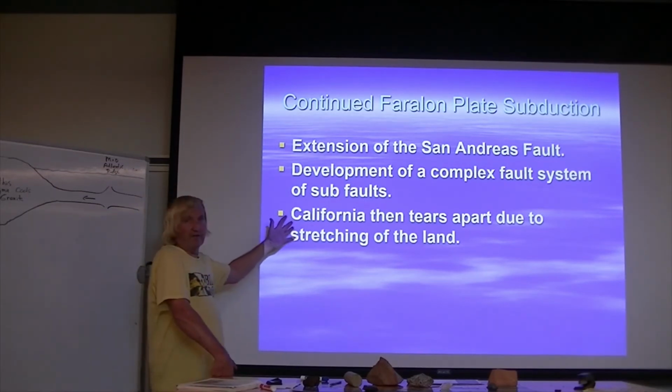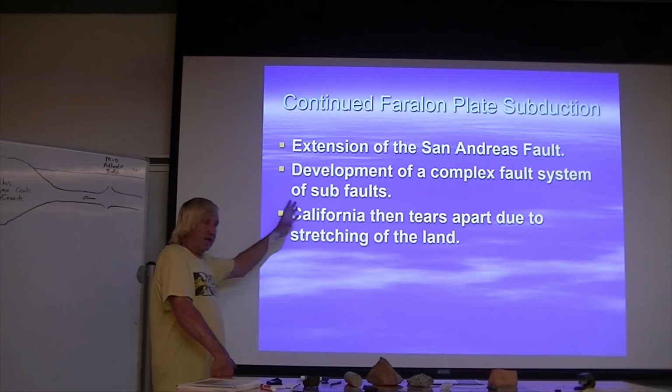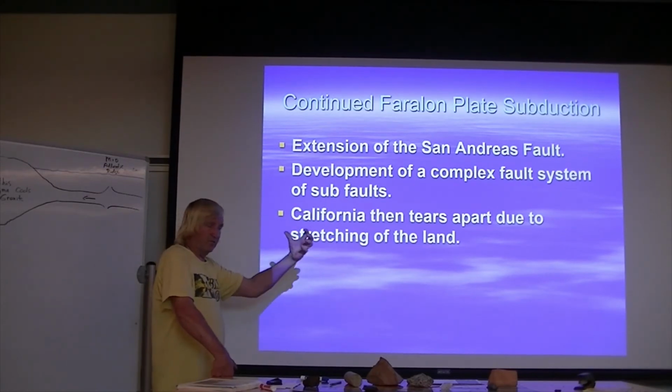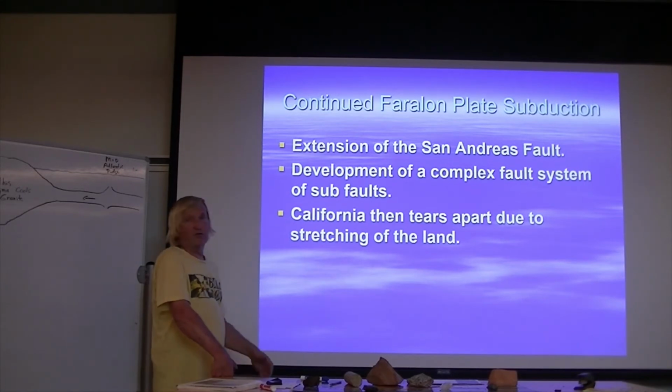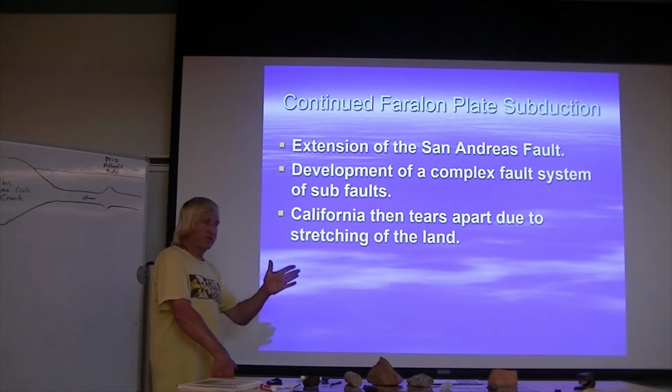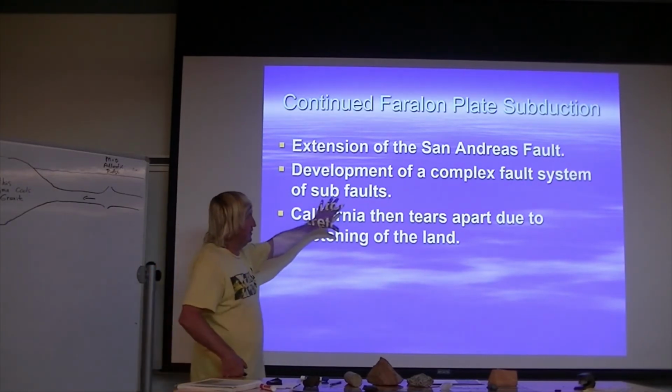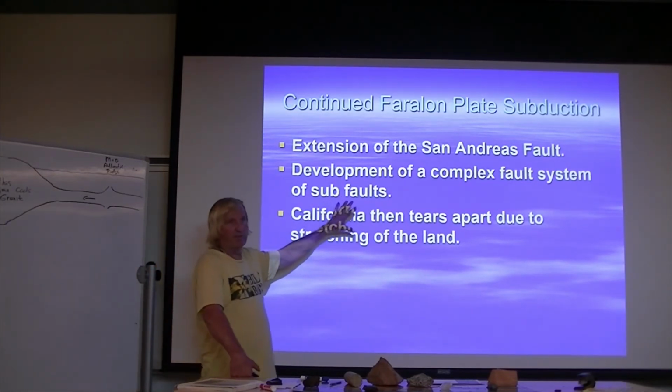So what's going on right now? As the North American continent continues to move west, the San Andreas Fault is going to grow to the north. So eventually that San Andreas Fault is going to continue because that Juan de Fuca plate, it's now a remnant plate, which they call,